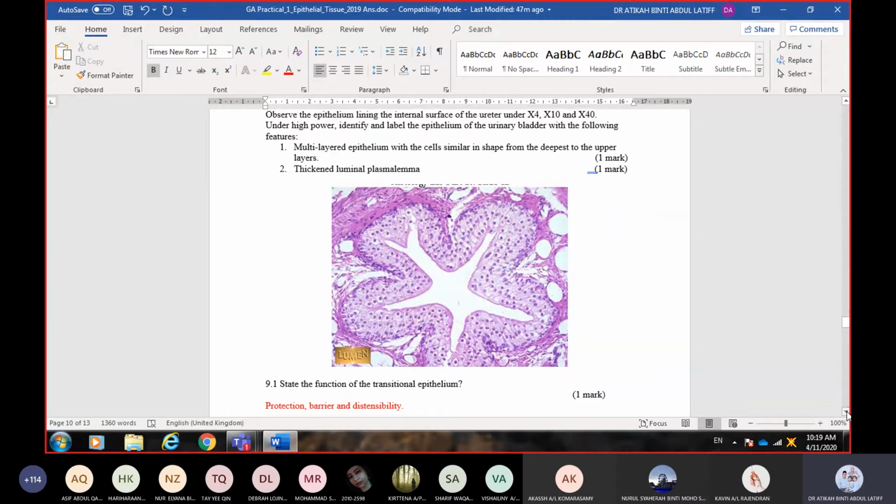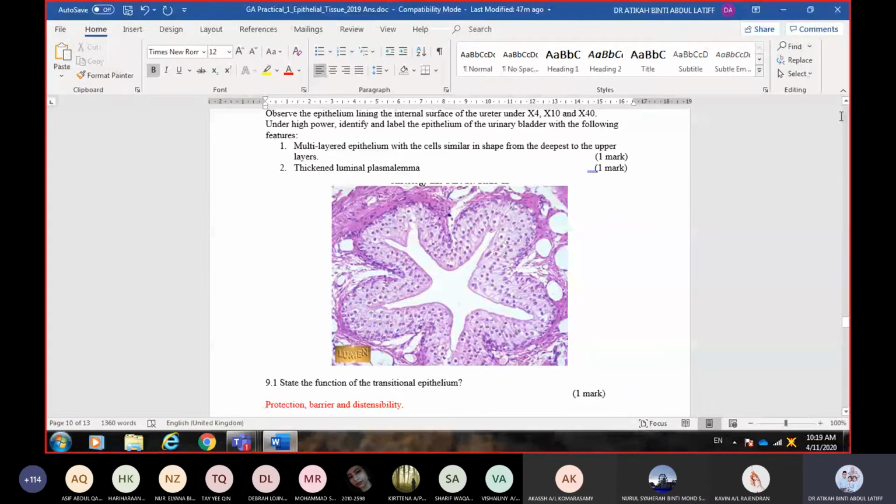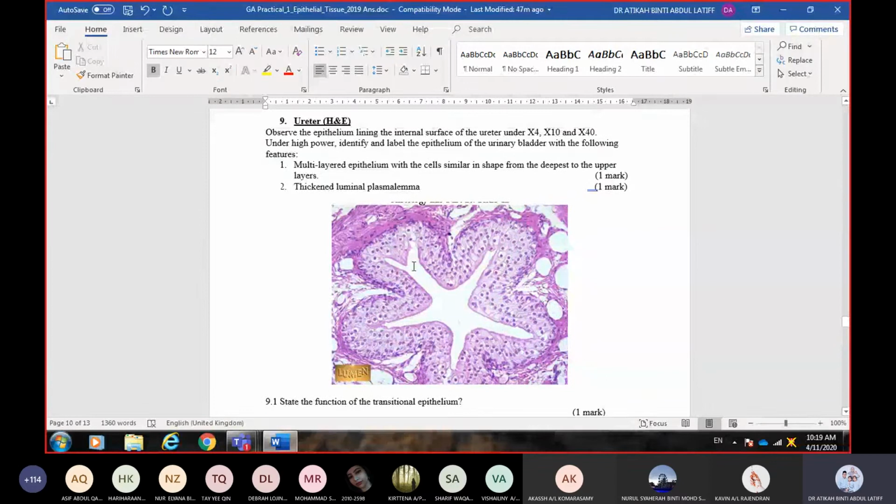This structure is the ureter when there is no urine inside, and it becomes star shaped. But imagine if urine passes through, it can expand and become circular in shape. So this type of epithelium is called transitional epithelium because it can distend and